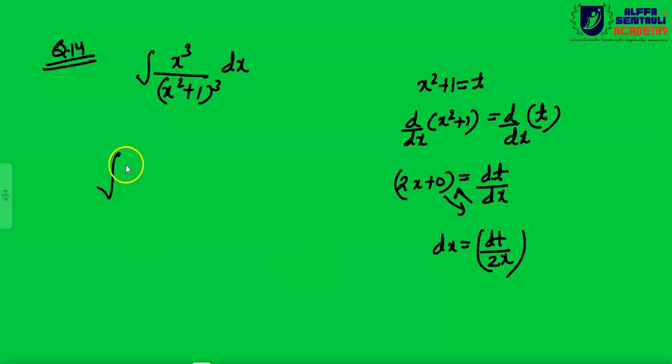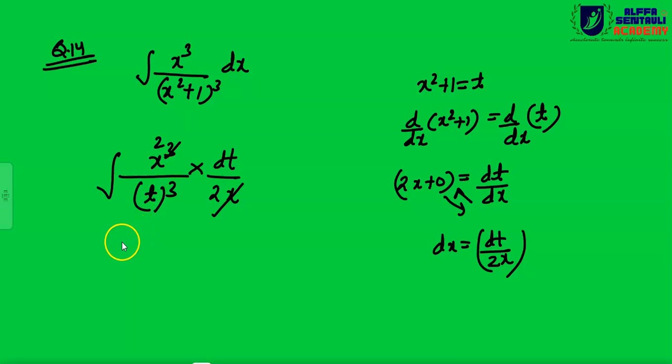Now in place of x square plus 1, we have to replace this by t. So this will be t cube. Now x cube will be written as it is, and write the value of dx in terms of dt. So dx is nothing but dt by 2x. Now 1x and 1x will cancel out, and only the power 2 should be there, right? So 1 by 2 is a constant term, it will come out of the integration. Now you are left with x square. Now this x square can be written in terms of t. So x square is equal to t minus 1, correct? So in place of x square, I am directly writing t minus 1, correct or not? Can I write?